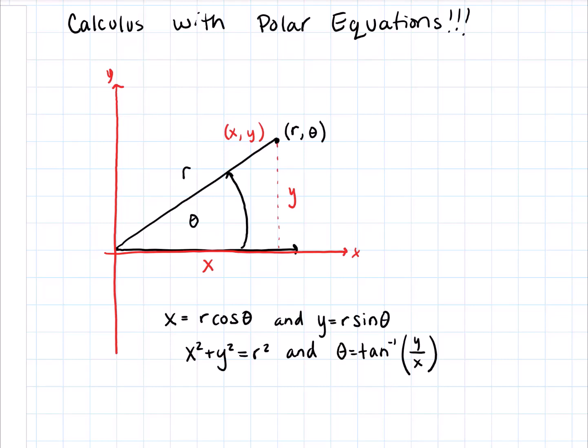All right, let's get into some calculus with polar equations. So I sketched out just a quick little review of the relationship between the rectangular coordinate system and the polar coordinate system. In the polar coordinate system, our points are defined as a radius from an origin and an angle of displacement from a ray